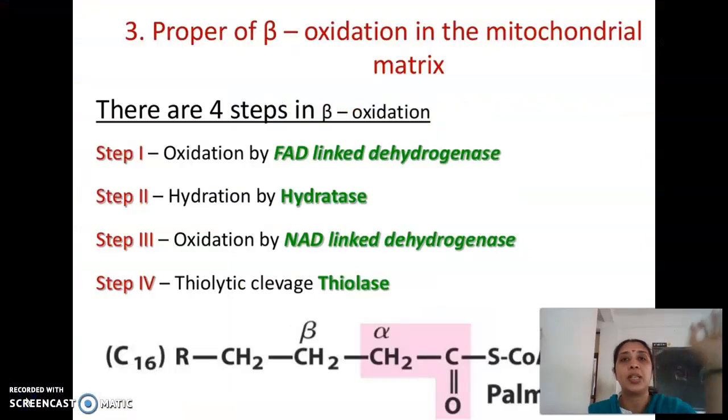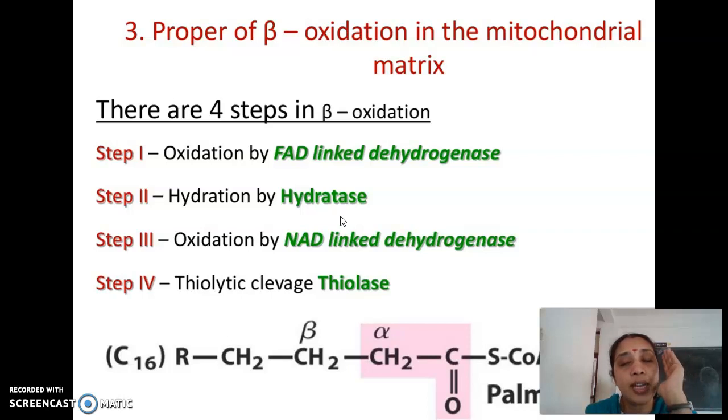Okay, so beta oxidation forms the final stage of oxidation, wherein in the mitochondrial matrix, the fatty acyl CoA ready for beta oxidation is subjected to various enzymes, right? The third stage, beta oxidation, involves 4 different steps: 2 oxidation steps, 1 hydration step, and a thiolytic cleavage. Only 4 different enzymes are involved, so that at the end of the 4th step,